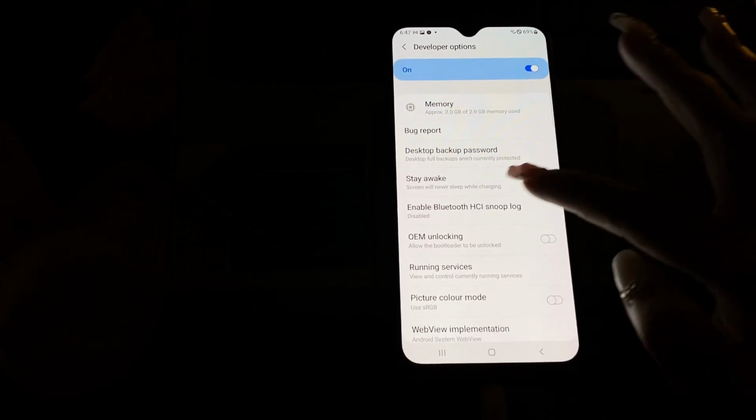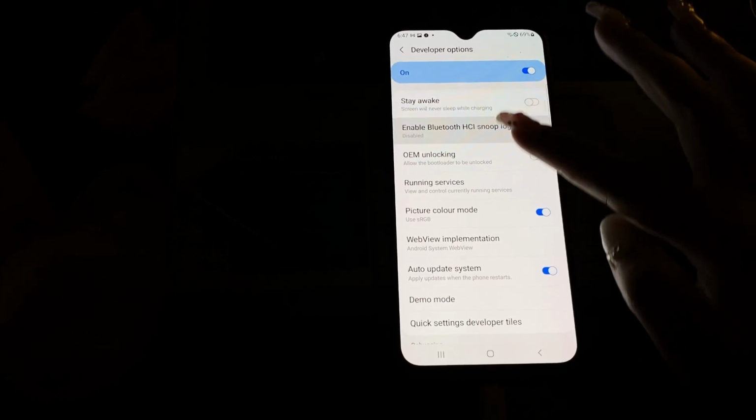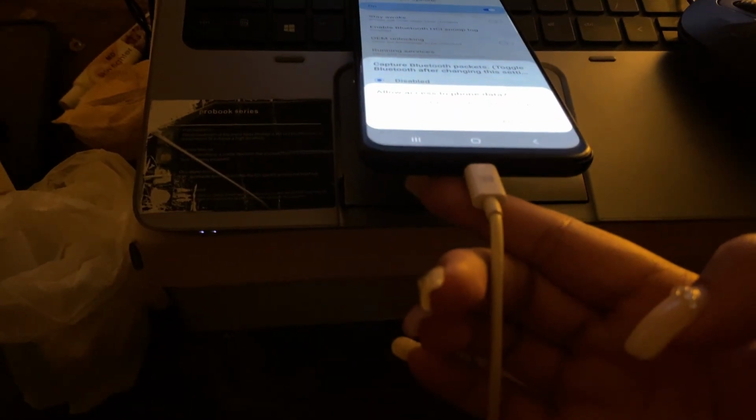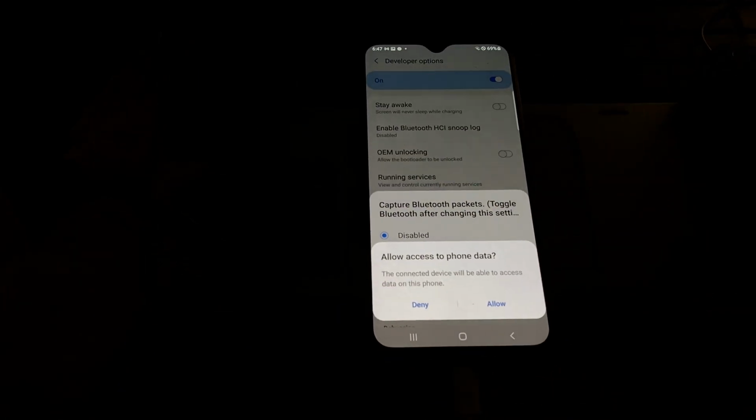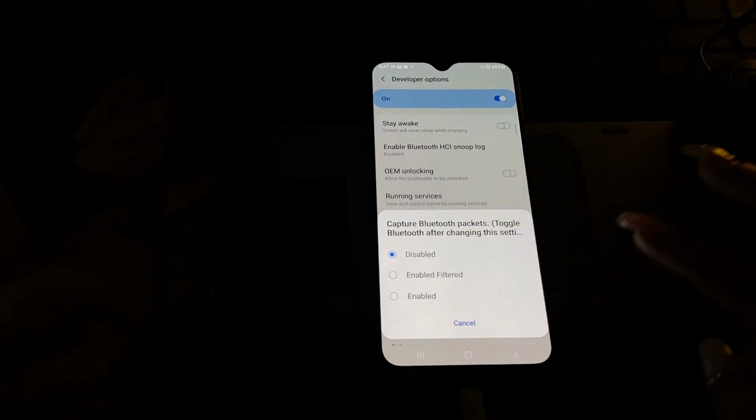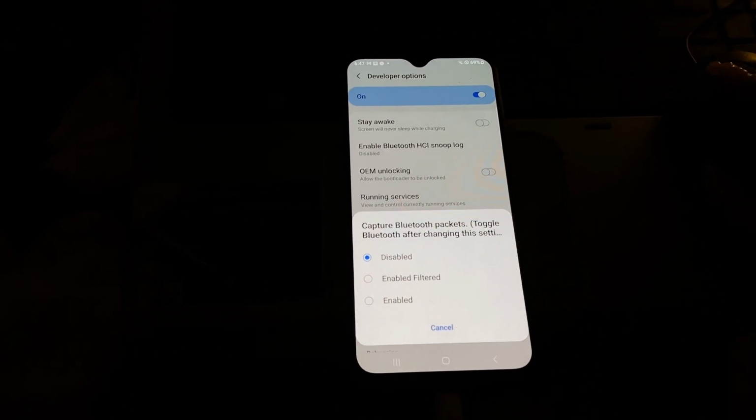Next, enable developer options by tapping build number 7 times, then turn on USB debugging and OEM unlocking. Connect your phone to your PC and install ADB and fastboot tools. Now, unlock the bootloader using the command fastboot oem unlock or fastboot flashing unlock, depending on your device, and confirm